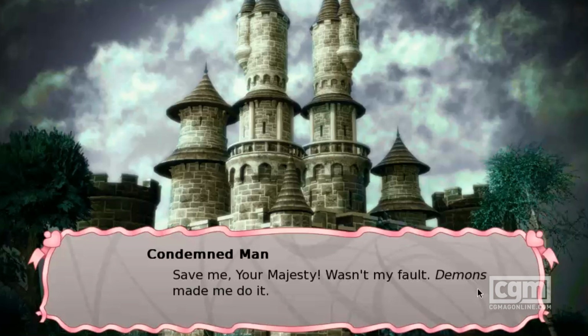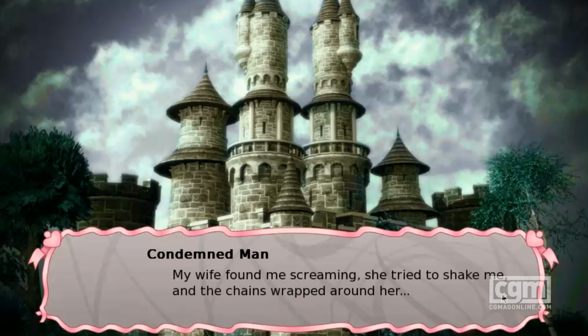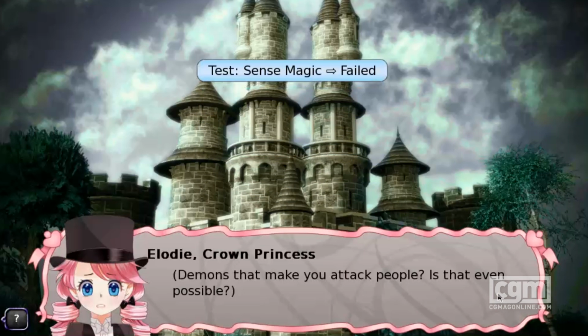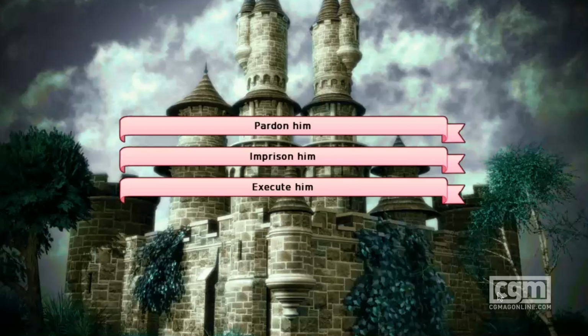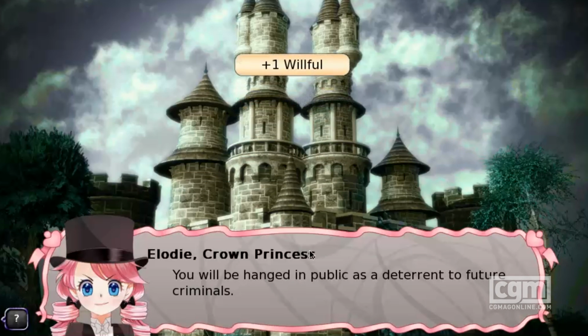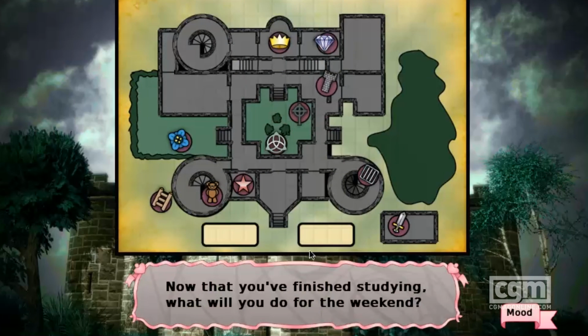Yes, demons made you do it. You know, that actually might be an argument in a fantasy setting. They tried to shake me, your chains wrapped around her. I need a priestess bless me. Oh, maybe if we had our magic skill, we'd actually be able to do something with that. Yeah, he killed his wife. We're gonna execute him. You will be hanged in public. Okay, he went along with that. That went surprisingly better. Okay, now can I...